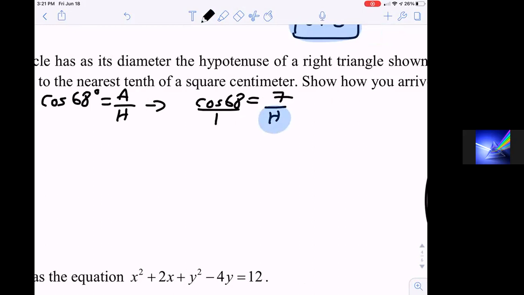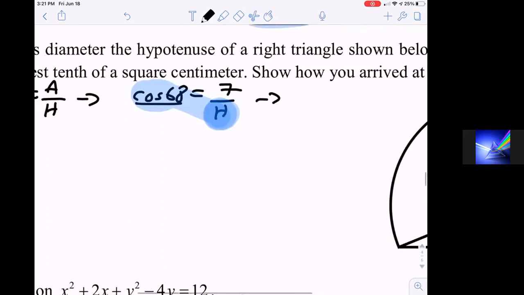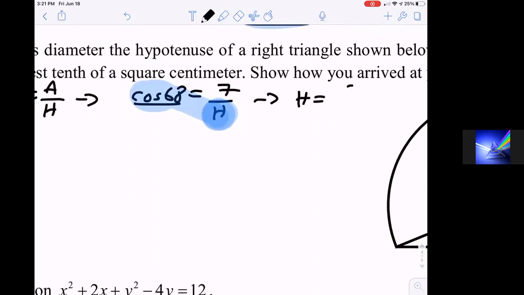But that takes an extra step. If you just simply switch this out with the other side, you accomplish the same thing much faster. So h is actually 7 divided by the cosine of 68, which means the height of that, I keep calling it the height, not the height, the hypotenuse. Sorry, didn't mean to confuse you. The hypotenuse would be 7 divided by